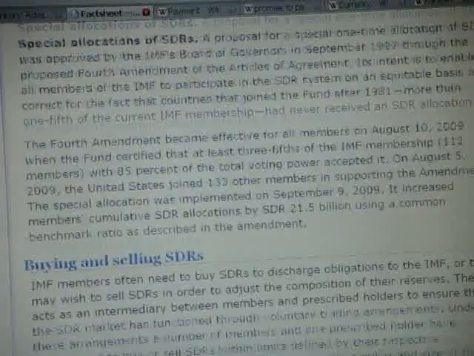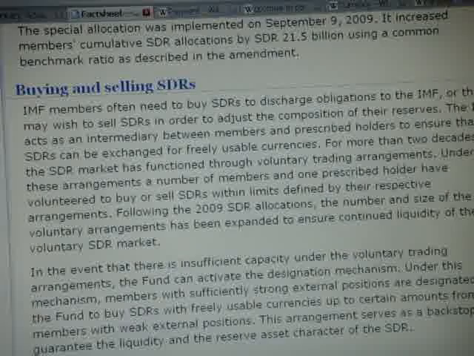The buying and selling of SDRs. IMF members often need to buy SDRs to discharge obligations to the IMF, or they may wish to sell SDRs in order to adjust the composition of their reserves. The IMF acts as an intermediary between members and